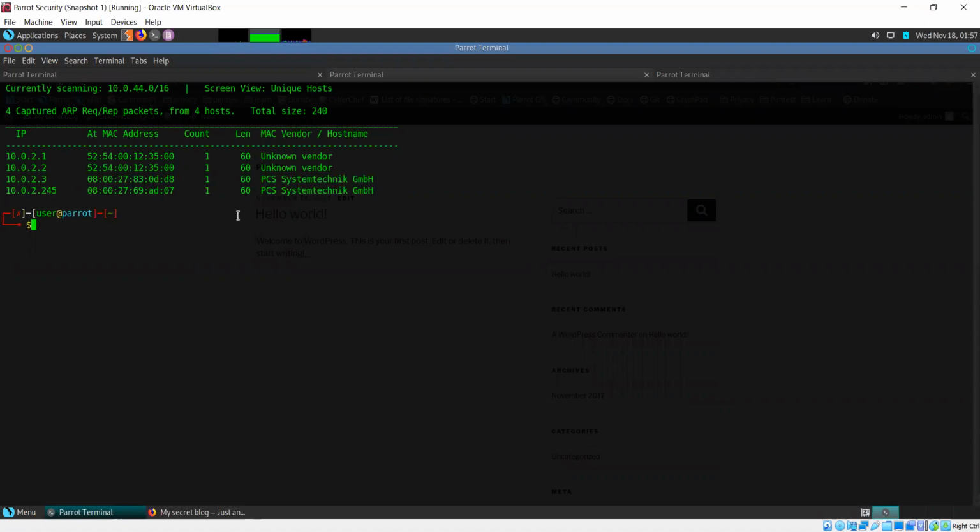We currently don't know which of these is our target device. What I can do is run an nmap scan for 10.0.2.3 and for 245 as well. I can simply say 3,245, so it's going to scan both of those addresses.